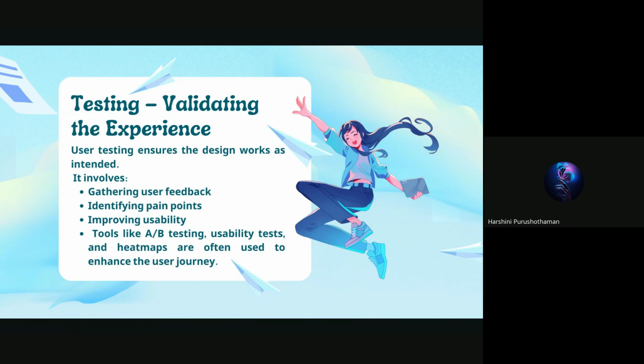Testing helps us catch those minor mistakes before the launch of the application. That's why we say user testing ensures the design is as intended. While testing the application, all the UI research papers, UI designs, the rough sketch, the wireframes, all together are validated, to check whether the final output application matches each and every single term of all the previous steps like wireframing, sketching, research papers, and everything.